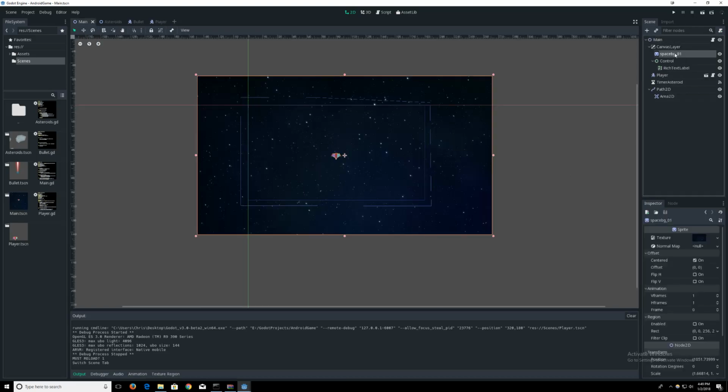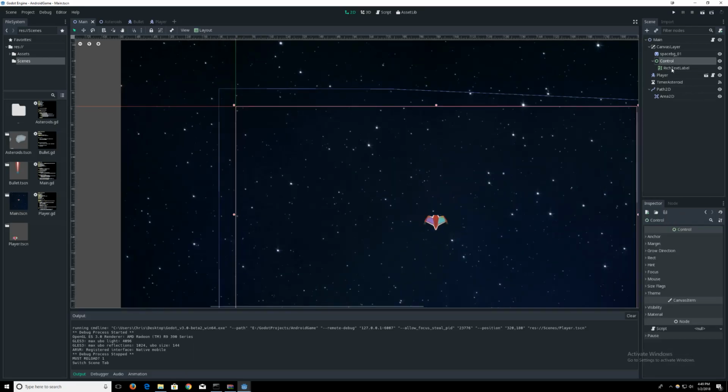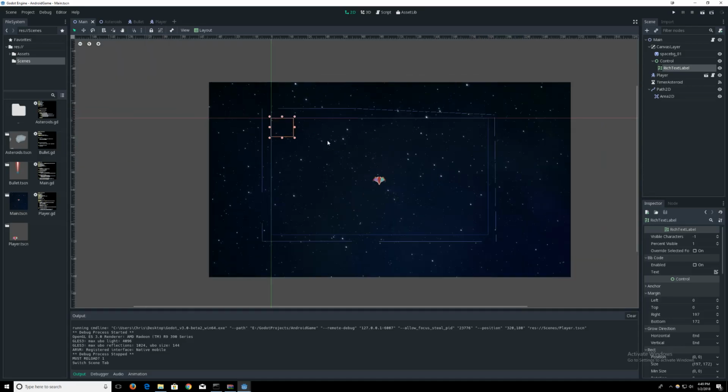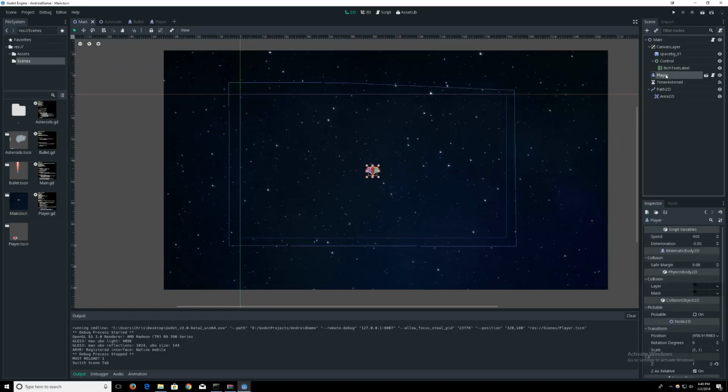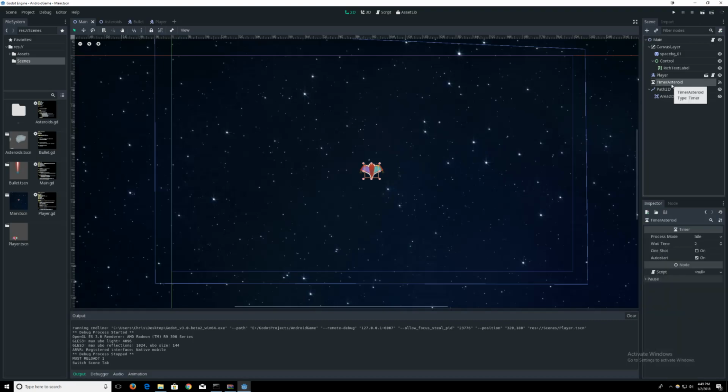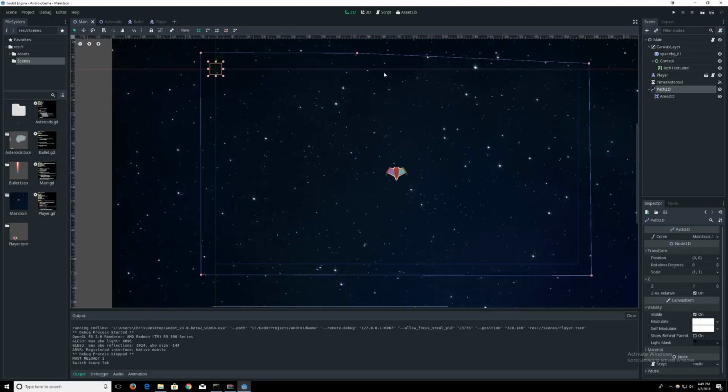I've got a background. I've got my controls up here in the top left corner that are going to show my lives and any power ups I may have. I've got an instance of my player node placed in. I've got this timer to instantiate a new asteroid every so many seconds. So every 2 seconds, it's going to create a new asteroid along this path around the perimeter of the game space,